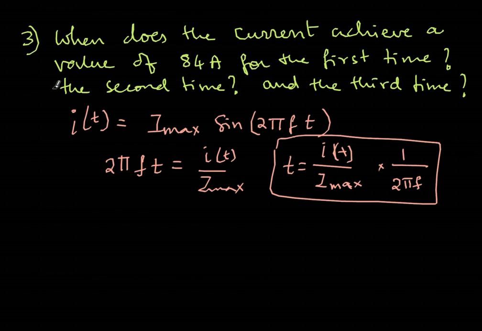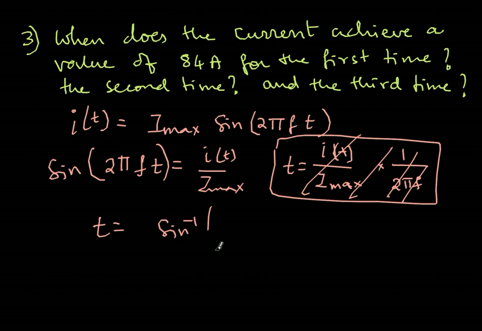I have to use sine inverse, right? I forgot sine inverse. So this whole thing is wrong. Discard this. So this will be t equal to sine inverse of I of t divided by I max